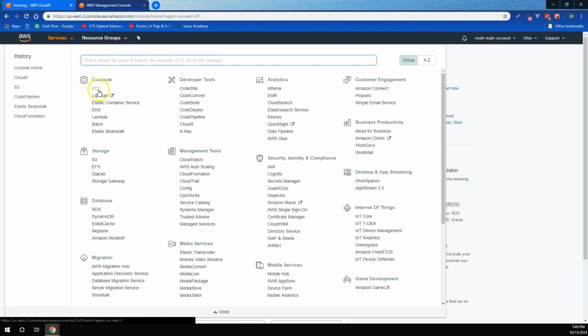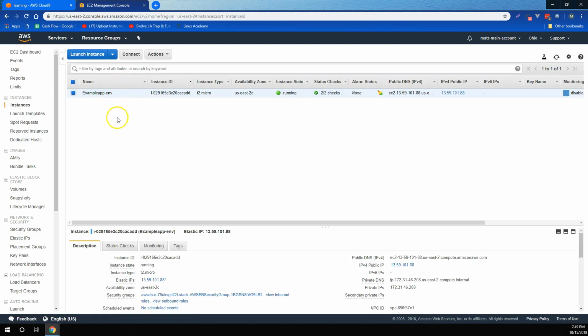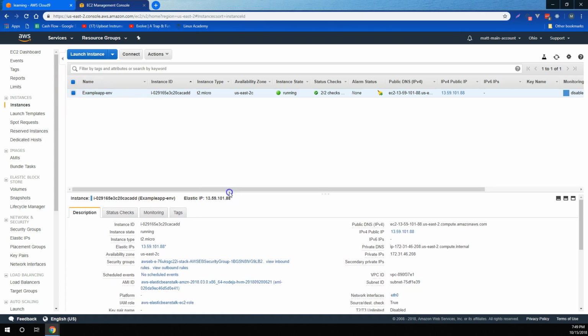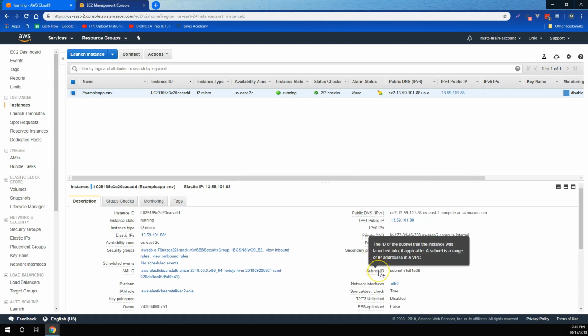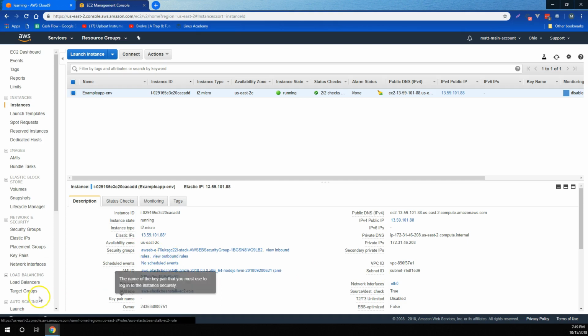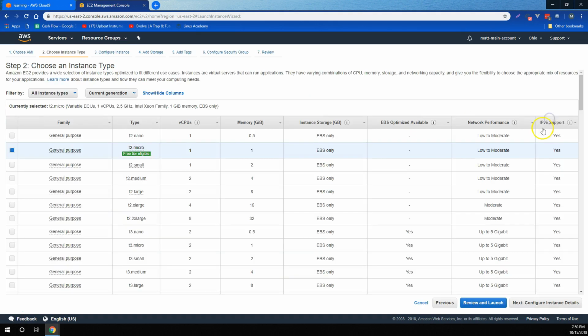For EC2 instances, we learned what an EC2 instance is, which is the fundamental virtual machine that AWS offers for compute in the cloud. We learned that from the EC2 dashboard, you can view running instances, and then for each instance, you can view all sorts of information, including any public DNS information it has, the VPCs and subnets that it's attached to, any security groups that it belongs to, and IAM roles that it belongs to. We also learned that if we launch an instance, we get to decide the AMI, or Amazon Machine Image, that we use for it. We also get to decide which instance type we use for it, which pertains to the